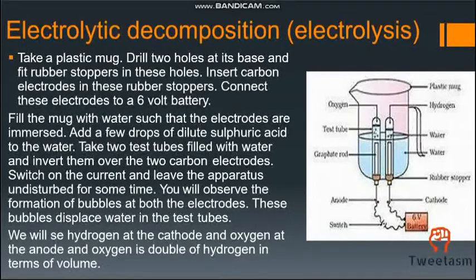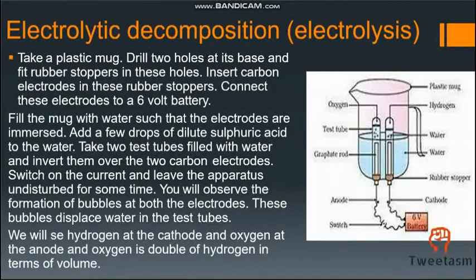Fill the mug with water such that the electrodes are immersed. Add a few drops of dilute sulfuric acid to the water. Take 2 tubes filled with water and invert them over the 2 carbon electrodes. Switch on the current and leave the apparatus